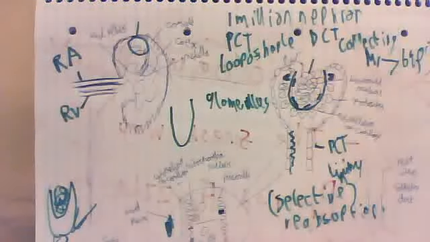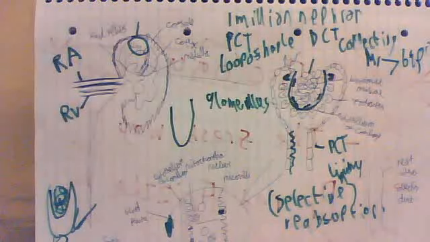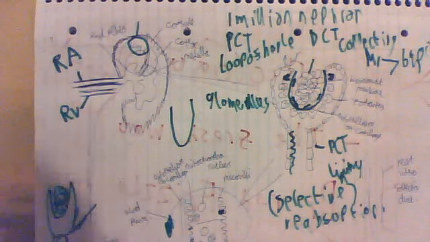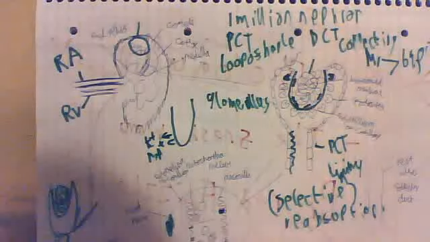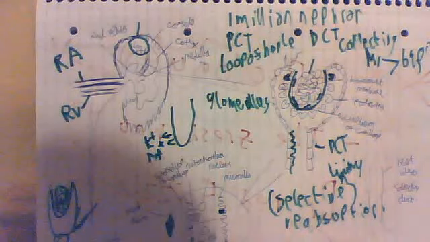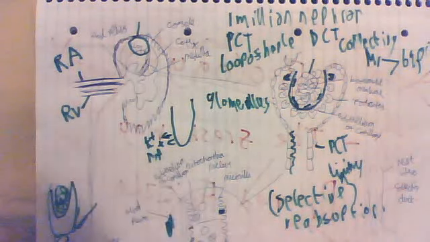Right, now in the descending limb, as you'd expect, the water potential is lowered. So we've got to consider how water potential can be lowered. Water potential is lowered because ions are pumped out, essentially. So ions, you've got your K plus and your Na plus, which are sodium and potassium ions, are pumped out. Actually, they diffuse out. They don't need to be pumped out because it's down the concentration gradient, because this descending limb actually lowers the concentration. So once these ions are diffusing out,